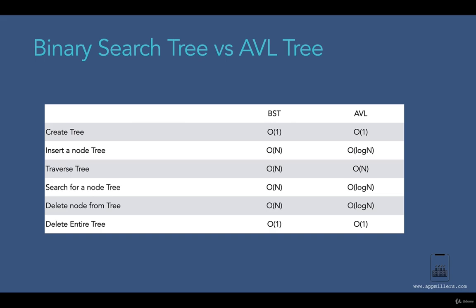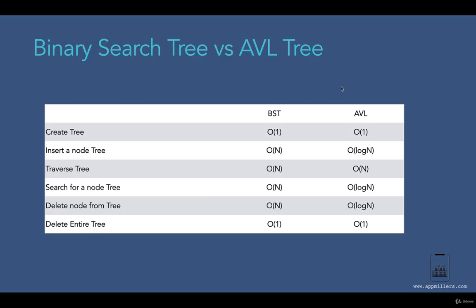Now in this case, we are going to compare the transactions that we have performed on binary search tree and AVL tree. As we said before, in binary search tree, when we are inserting nodes, there might be cases that this insertion causes a disbalanced binary search tree. This means that in the worst case, all nodes can be inserted to the left subtree or the right subtree. So in this case, the operations in the worst case perform differently. Let's look at the operations one by one.